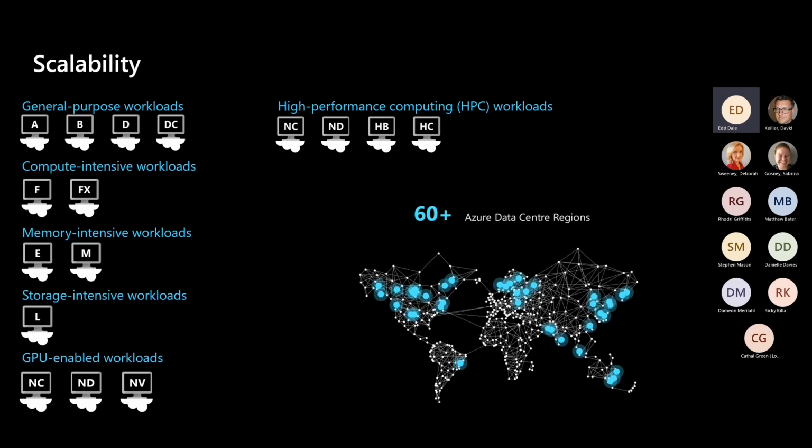Now, obviously the HPC and the GPU enabled machines, they do come at a premium cost. But again, don't forget, a lot of the times with a lot of these high performance devices, you won't be using them all day, every day. A lot of customers will use a HPC device to crunch data and do it quickly. And once they've done it, they turn it off and then they can come back to it and switch it on and use that machine, that virtual desktop, as and when they need it. So it's a huge amount of flexibility that we can give to customers with this. So from general purpose to high performance computing and everything in between.